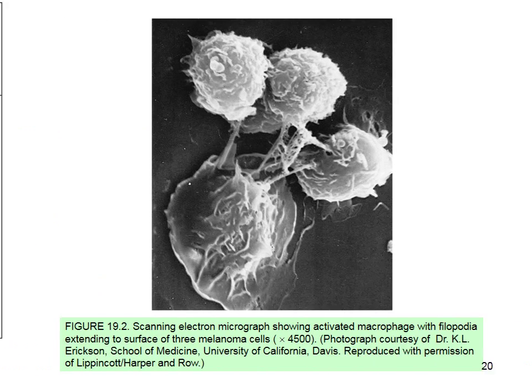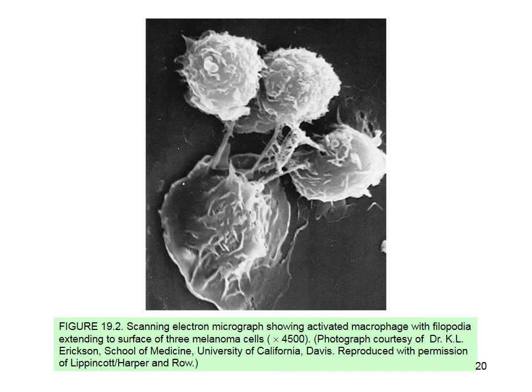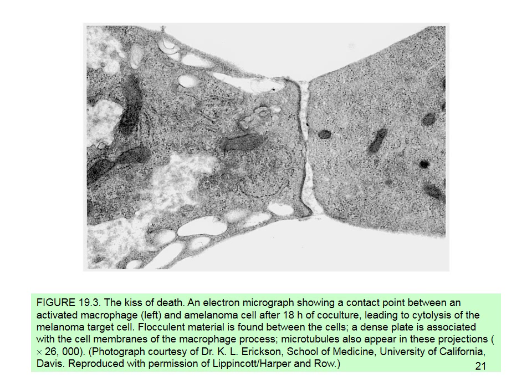Okay? Now I have a video, but this is another important thing you can see from here. This is a scanning electron micrograph, where there is an activated macrophage, and it has all those receptors, and this is going to kill 3 melanoma cells. So it may seem to you that those receptors are not there, but they are real. Right? And this is what we need. We need our macrophages to be equipped with those, and we can do so. That's what treatment is all about. Okay? Kiss of death, we talked about that, and you saw that in the video as well. The T cell will go and kill the cancer cell.